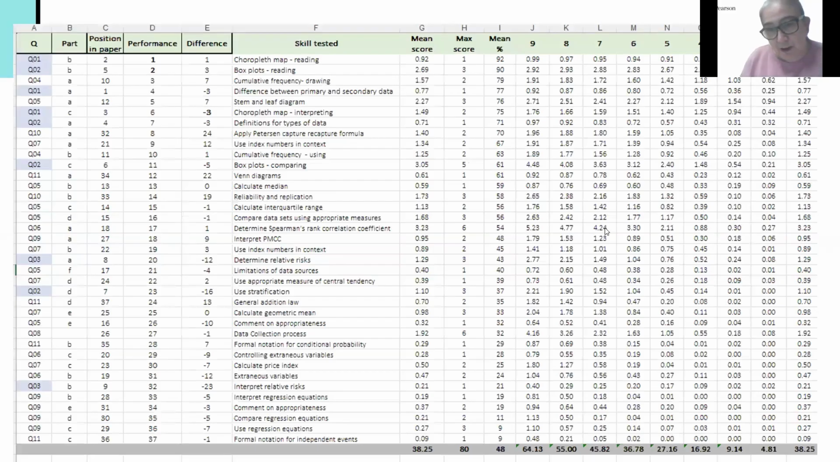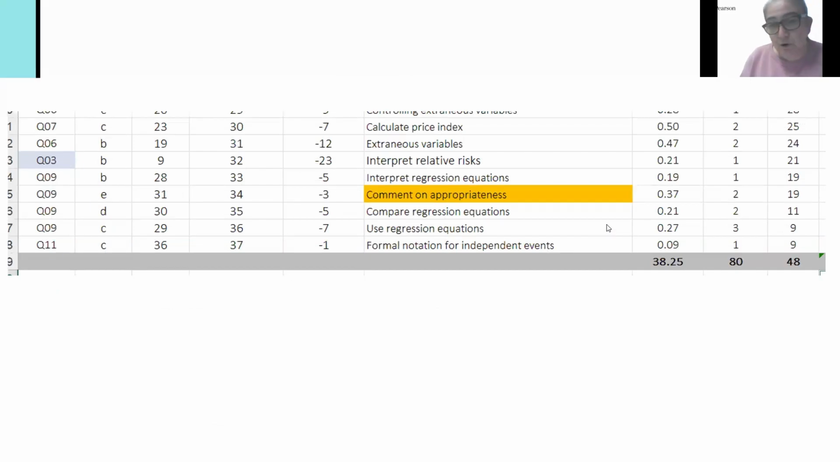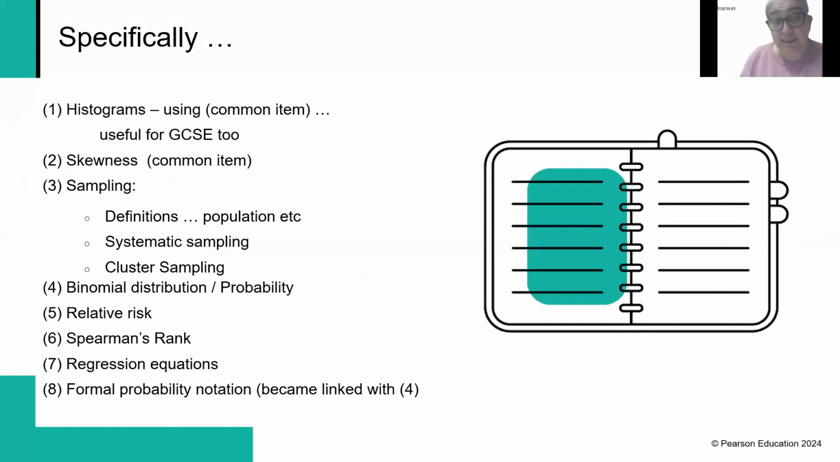Then the same for higher paper one, zooming in, taking out appropriateness. And then what that left us with was eight topic areas. So histograms, skewness, both of those became high priority for me because if you think about how we're going to support teachers, we want something that can support more students. So they're common items, i.e. they're higher and foundation. Then looking at sampling, specifically the definitions and making sure students understand the differences,